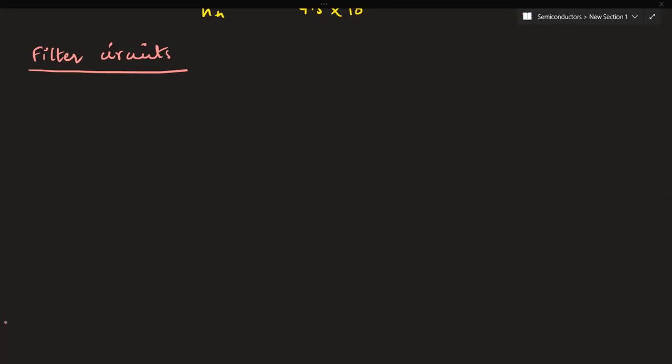We have seen two types of rectifiers. One was the half wave rectifier, the other one was the full wave rectifier. When we were getting output for both the cycles of input, that was full wave rectification. Now see, regarding filter circuits, the output obtained from a junction diode rectifier